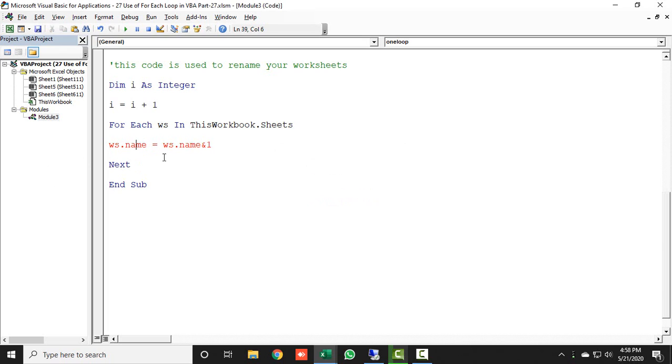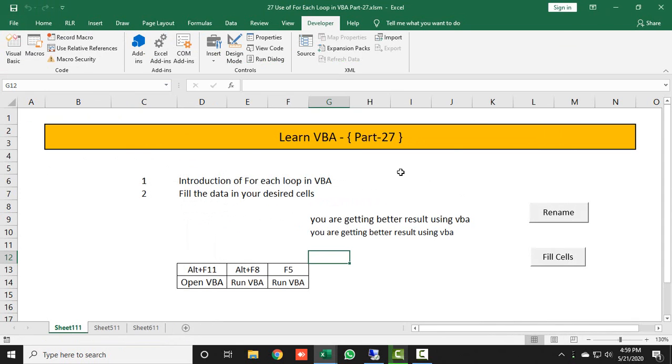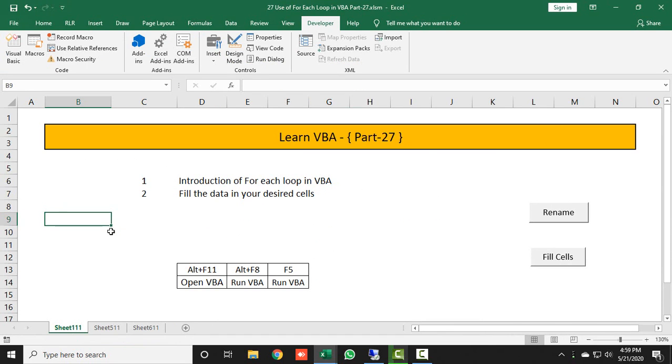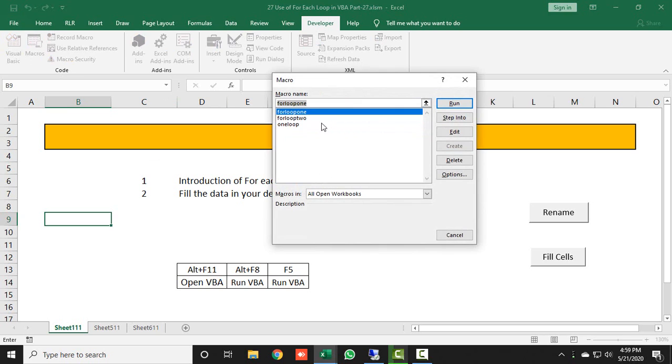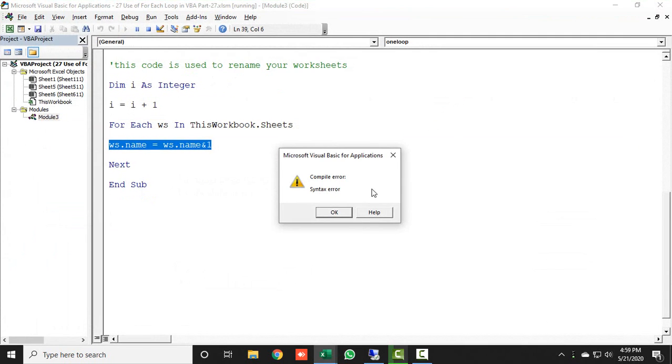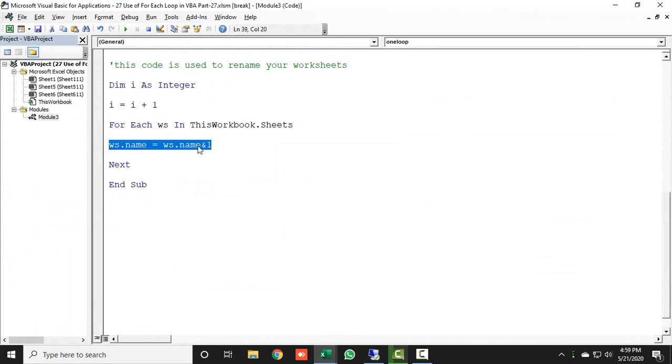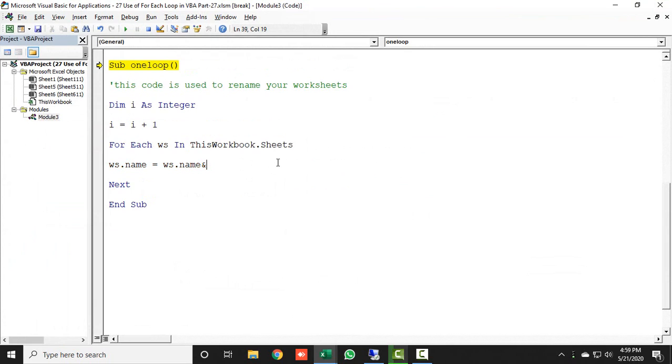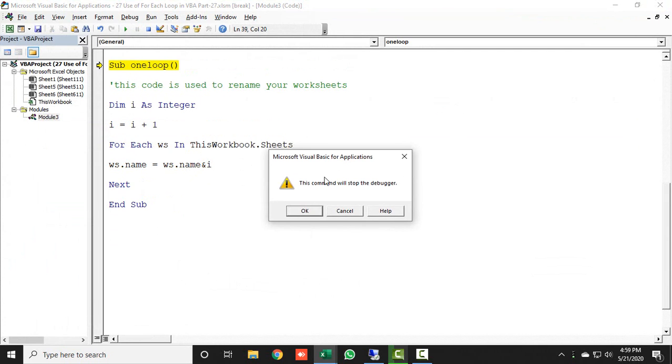Let's run this code and check how it is working. Go to your worksheet, click on Macros, and this time the sub name is loop1. Just click Run. We are getting some error. Let me check first. Here we need to type i, because our integer variable name is i. Now let's run it again.